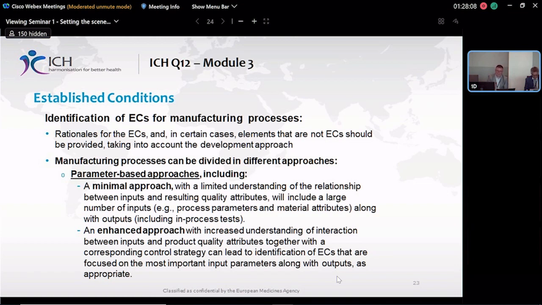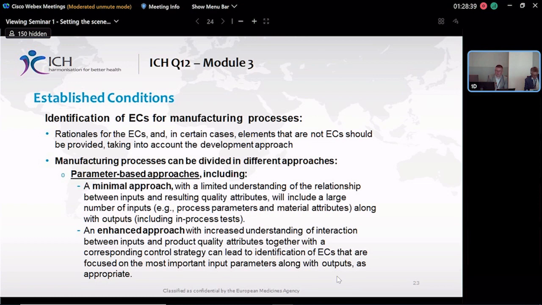An enhanced development approach is what we sometimes refer to as quality by design. In the QbD approach, there's an increased understanding of the interaction between inputs and quality attributes. And the control strategy can be more nuanced and can be set with more specific limits or ranges. And this can lead to established conditions that are more focused and refined and more focused on the important input